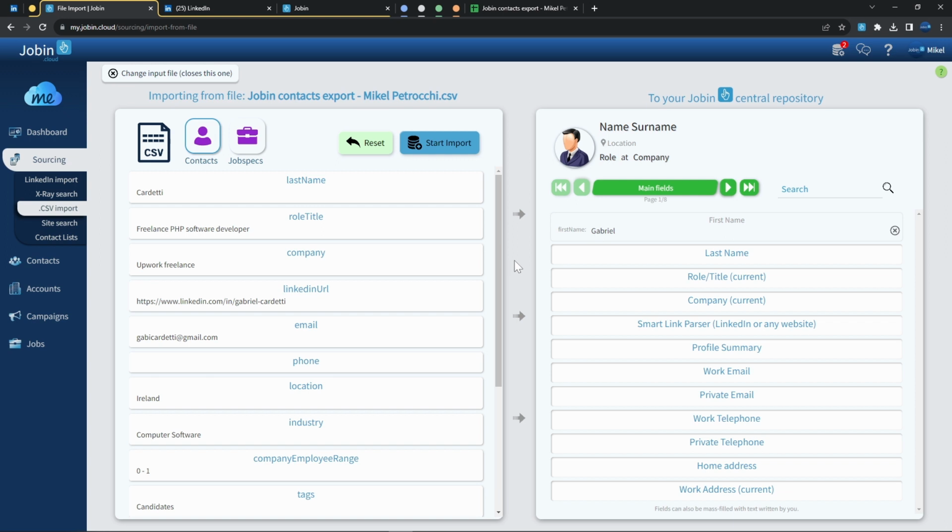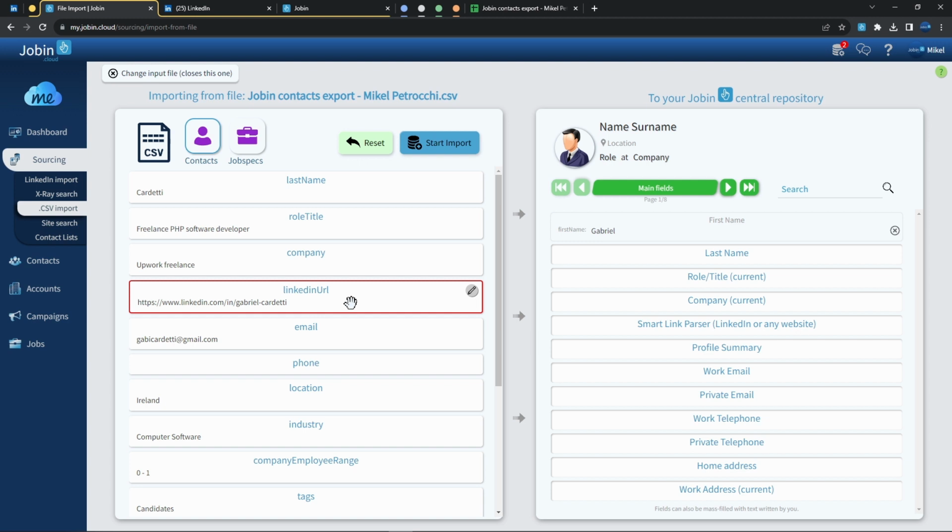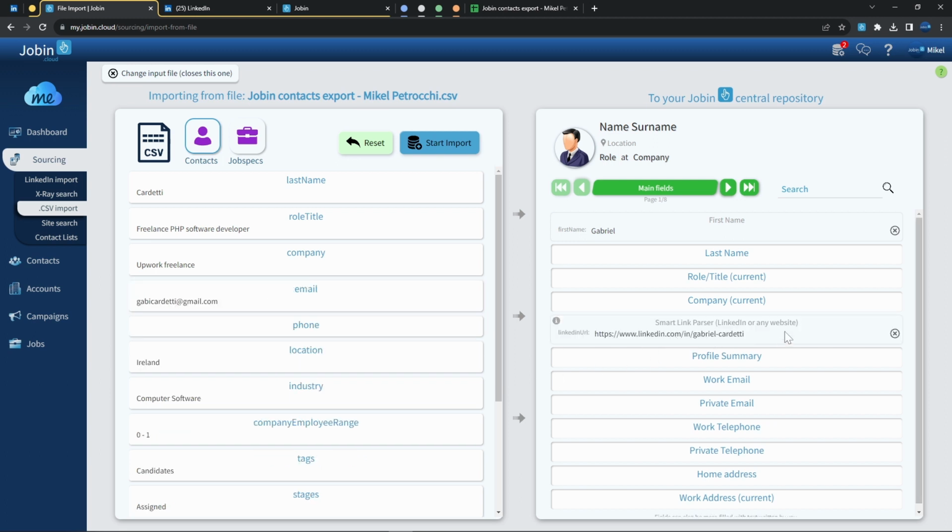And to utilize Jobin's special auto-updating functionality, all we actually need is the LinkedIn URL, without having to bother with all the other data that is potentially even obsolete, simply by adding the LinkedIn URL to the Smart Link Parser. This is a special type field that is going to automatically parse and clean up the URL. This is useful because LinkedIn URLs tend to often have multiple variations that all lead to the same type of